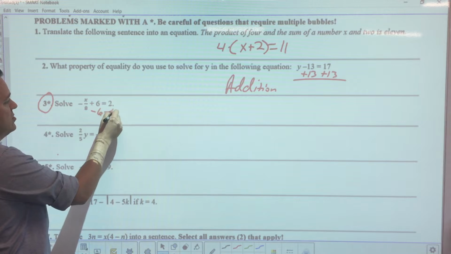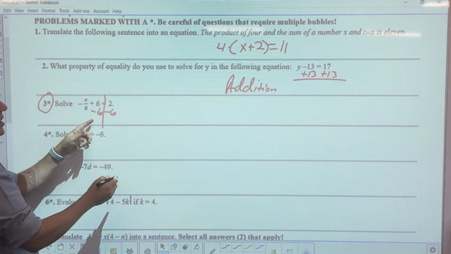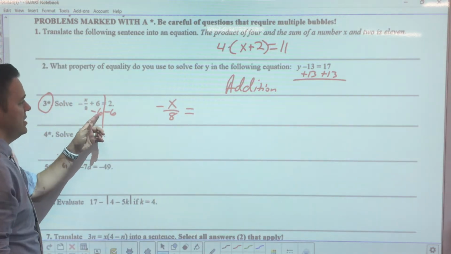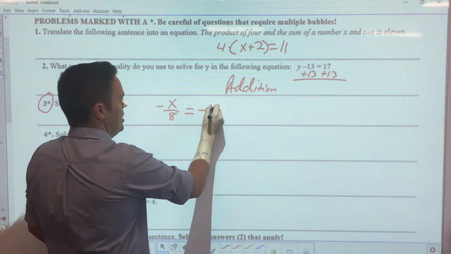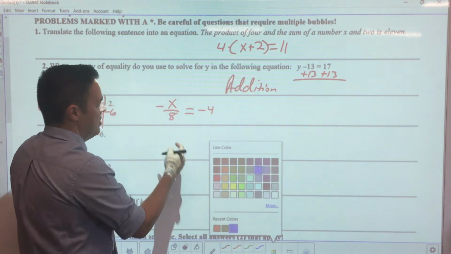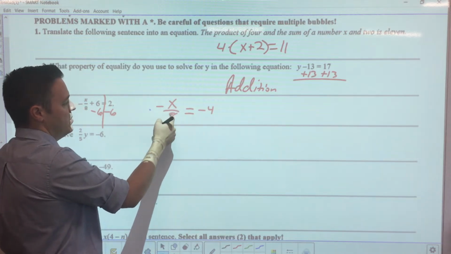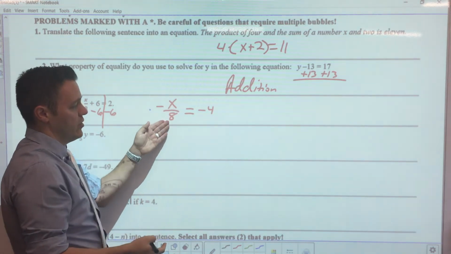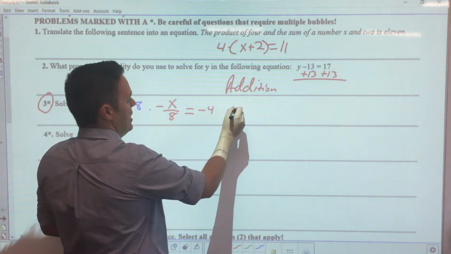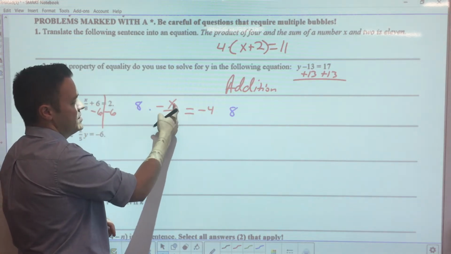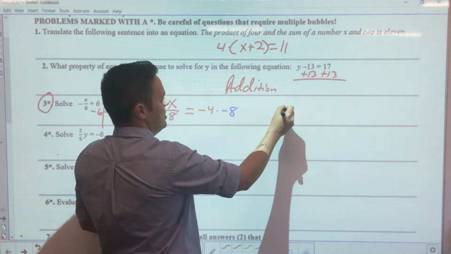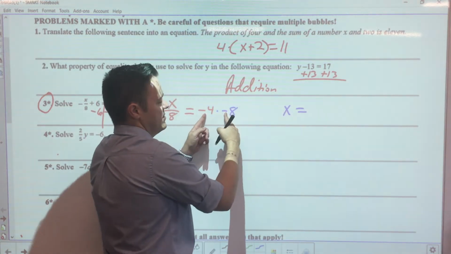So the first thing you do would be subtract 6 from both sides, okay? And then when you do that, you end up with negative x over 8 equals negative 4. And remember, your next step, ladies and gentlemen, would be to what? Get rid of the fraction. So you'd multiply by the reciprocal of 1 over 8, or 8, okay? And remember, do you do it by a positive 8 or a negative 8? If there's a negative in front of this, get the negativity out of there by multiplying it by a negative, okay? So if you do that, x is going to equal, negative times the negative is positive,